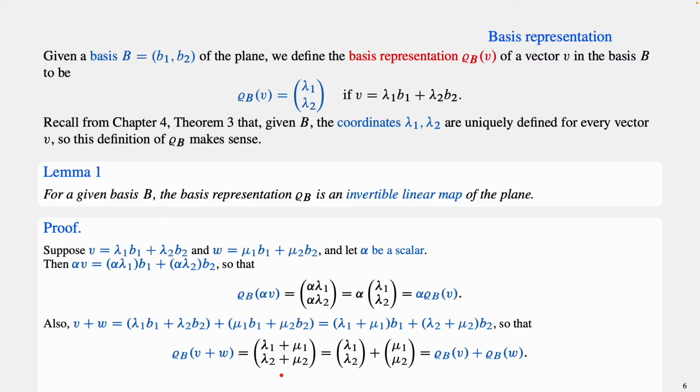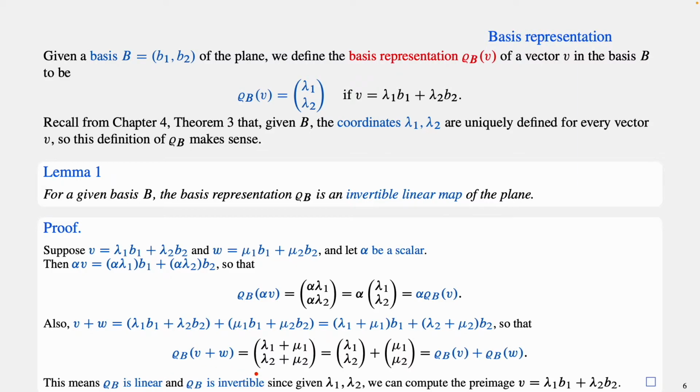And of course we can write this as a sum of the two vectors (lambda 1, lambda 2) plus (mu1, mu2). And that's of course the same as the representation of v plus the representation of w in the basis b. So these two together mean that rho b is indeed a linear map,